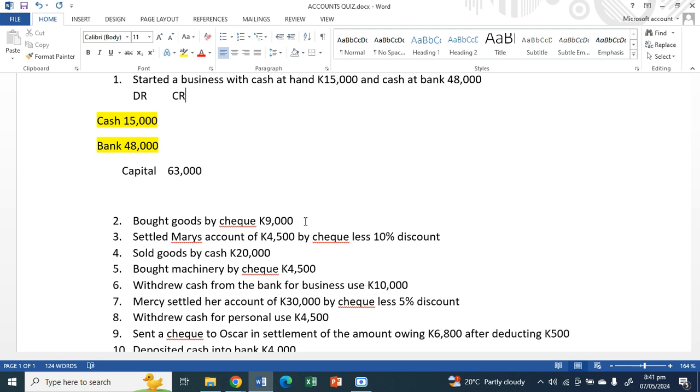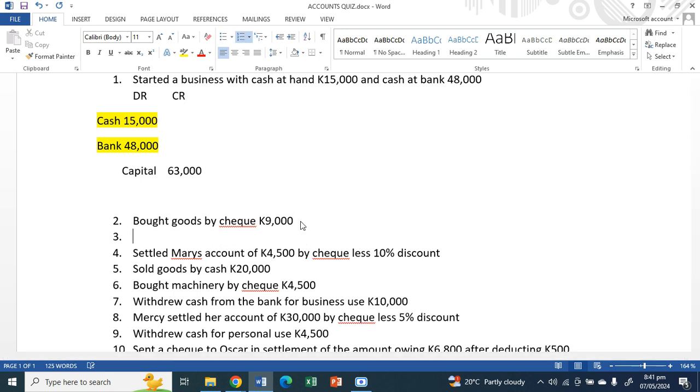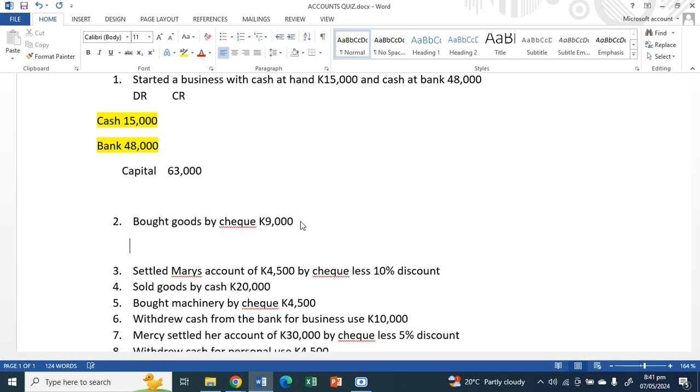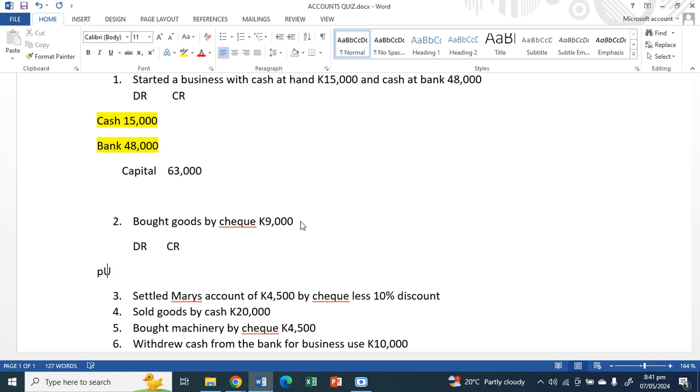So since we are purchasing, we have an increase in the expense, so we debit purchases. Debit purchases 9,000,